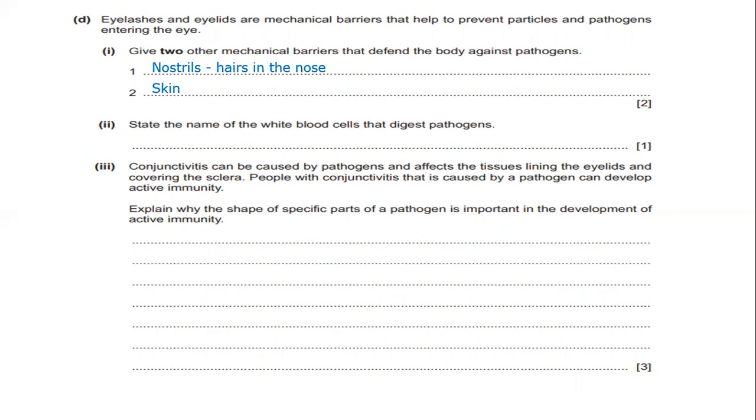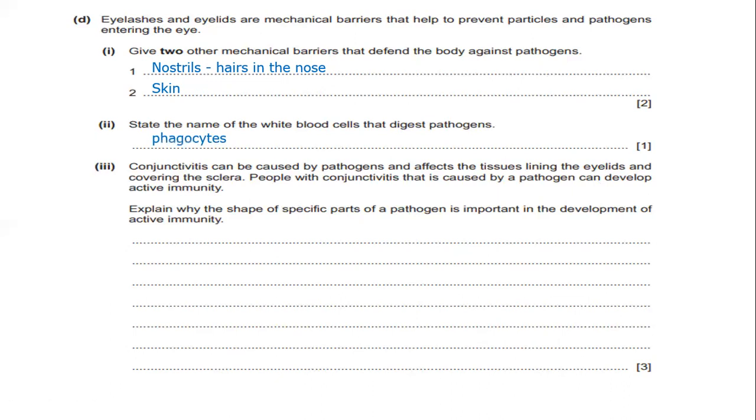One of them is to alert phagocytes to the presence of pathogens. Phagocytes will come and destroy them, or antibodies start a series of reactions in the blood which produce enzymes to digest pathogens. So the answer, if it is 1 mark, you don't have to explain further. You just state